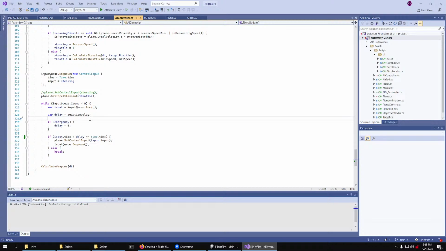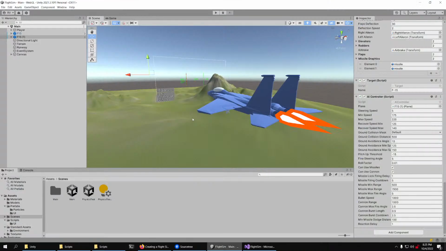Okay, I'm trying to see if there's a bug in my input queue that's making them not respond to these inputs correctly. So I'm not sure if I'm going to actually find